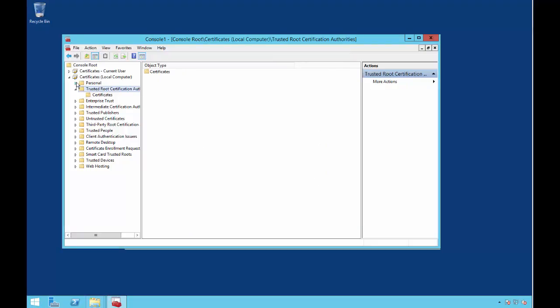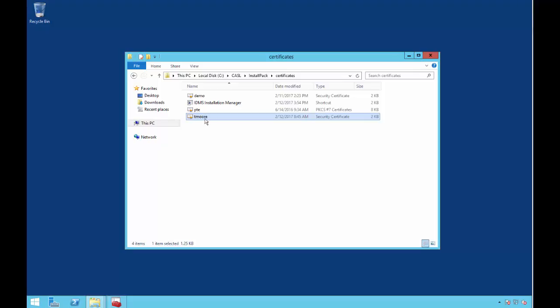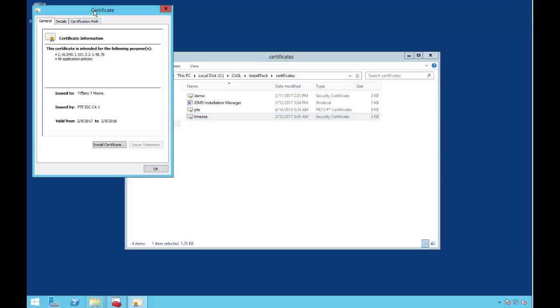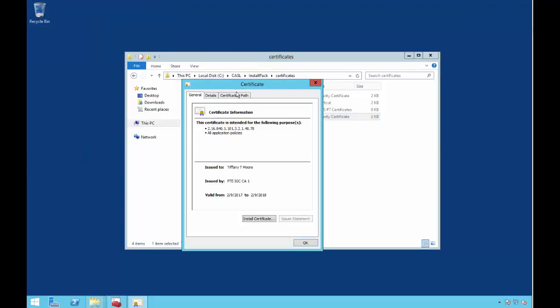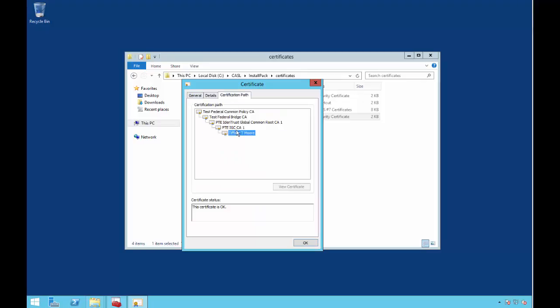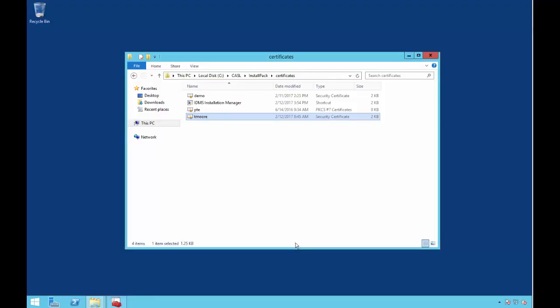And now when I look at my certificate, I can see that it's fully trusted. So now I can see it's a nice certificate path all the way up to the Federal Common Policy Test CA. Okay, so now the next step is to perform the system validation for each of the different systems the